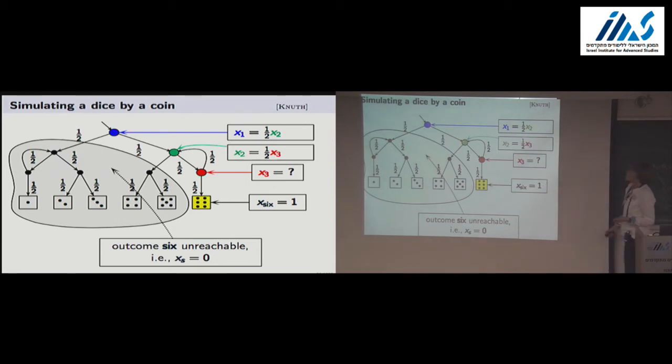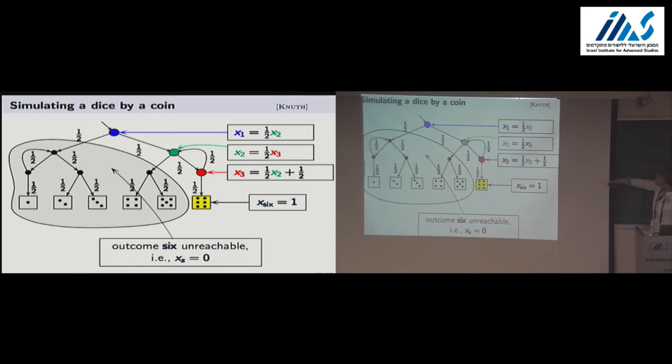Now for the green state, you can do the analogous thing. With probability 1/2, we move to this area from which on we cannot reach the yellow state anymore. And with probability 1/2, we move to the red state, which gives us that the probability for the green state is 1/2 multiplied with the probability for the red state. And for the red state, we have probability 1/2 to go directly to the goal state. This is this plus 1/2 on the right. And with probability 1/2, we go back to the green state. So altogether, we get x3 equals 1/2 x2 plus 1/2.